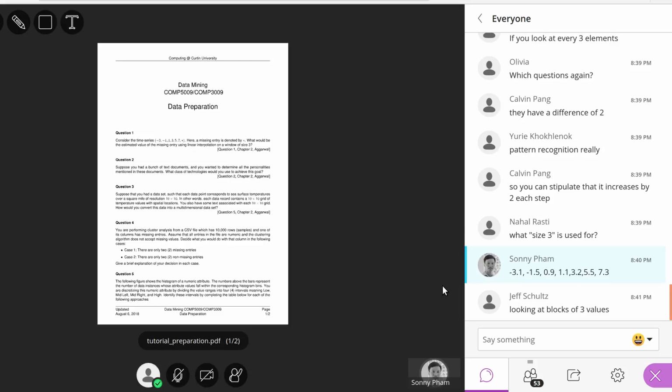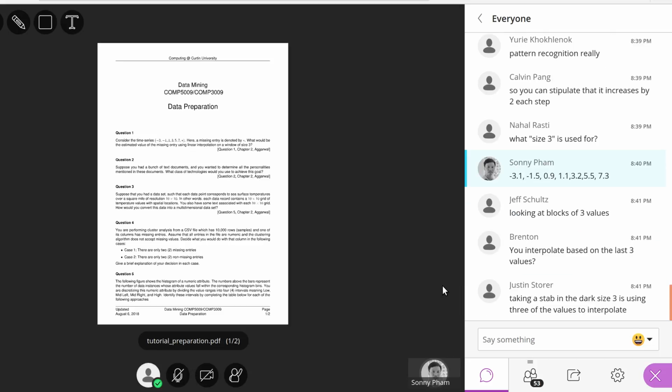Yeah, exactly. You only base it on the last 3 values in an approximation. The reason for that is we are dealing with time series, and then what is likely to happen is maybe, I'm drawing on top of this one. I'm drawing here. So you may have a time series that would look like this, right? It fluctuates over time, and if you use everything to predict the future, you are not likely going to do